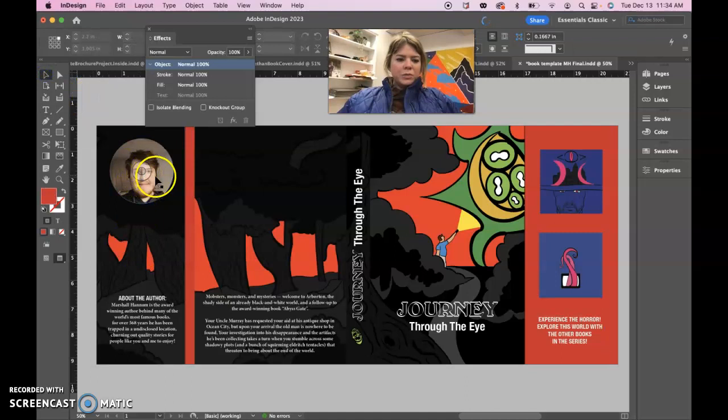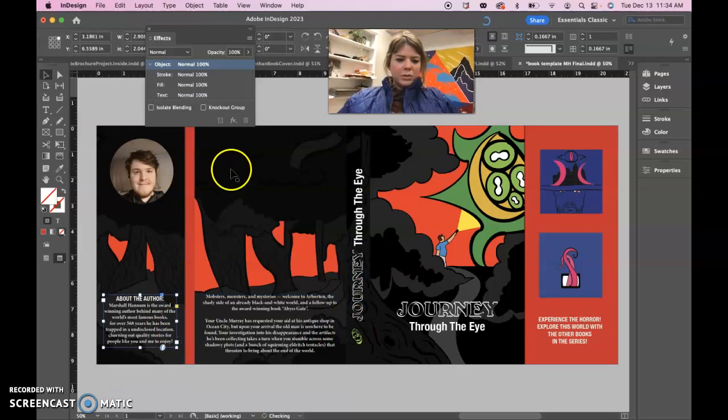I did move your image up because it was covering up this and it just didn't look quite right. I did top align these and center them in the panel, maybe a little bit better than they were. And I did make this all